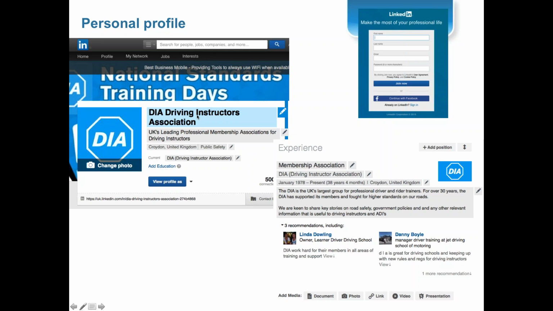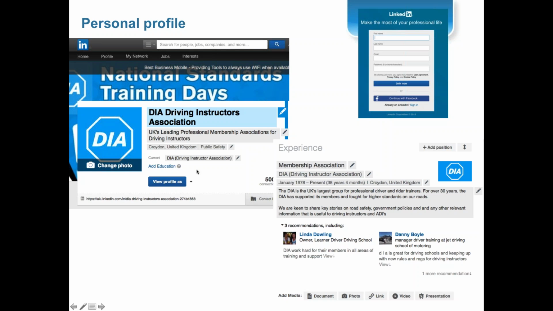So all you have to do is press edit profile, and you just pop your cursor over all the different details, and you can edit it automatically. So if you put your cursor over your name, you just add in the name of yourself. So this would be Joe Soap rather than Joe Soap School of Motoring. A little bit about yourself, where you're based, where you currently work, and then you can add things like education